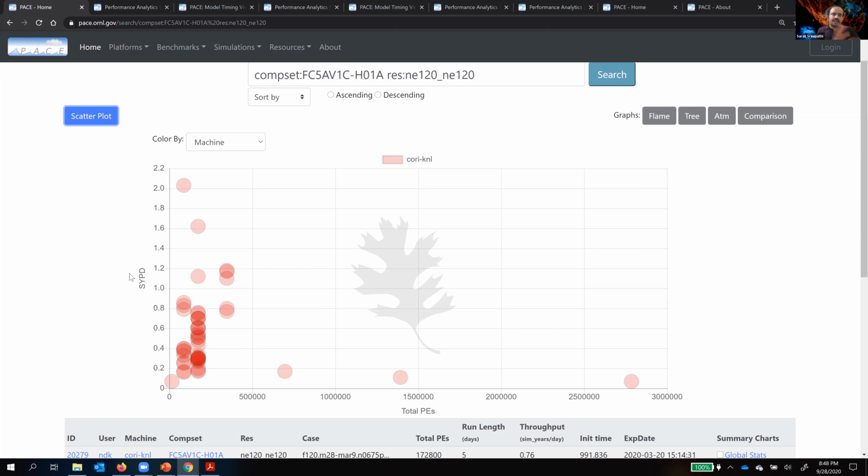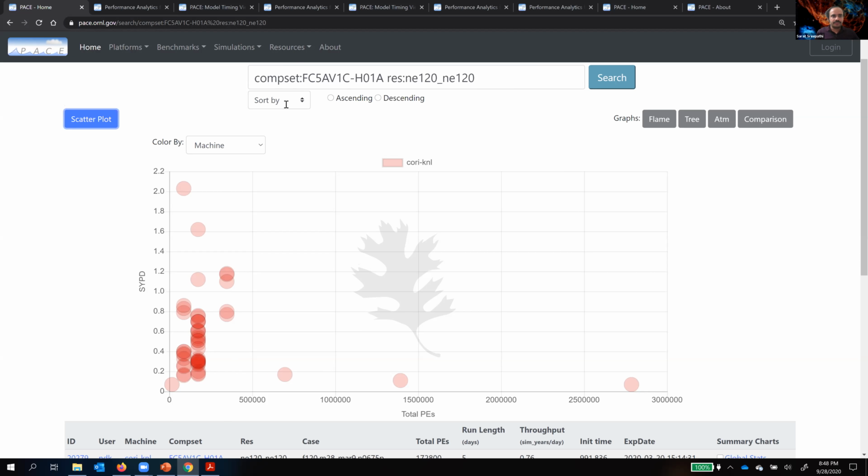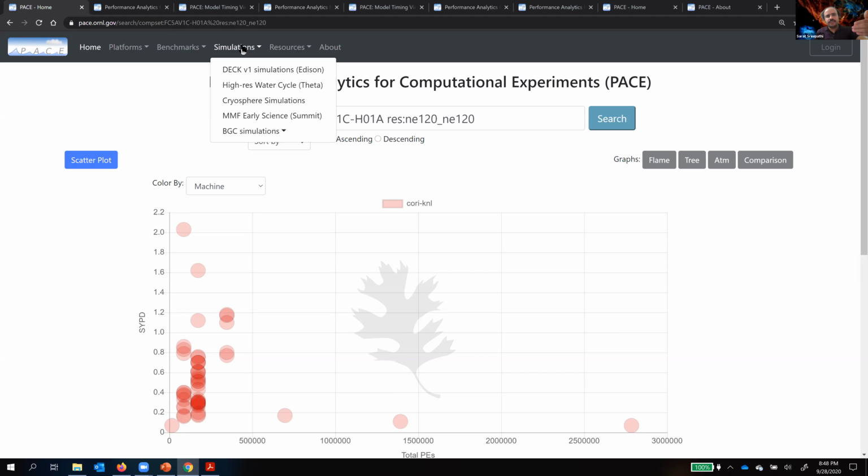So you can see the range of throughputs that you have. It's kind of a poor man's performance variability study, so to speak. You can see the span of the performance of your various experiments in this simulation campaign. And we have data for various simulations, high-res model simulations, cryosphere, and similar things.